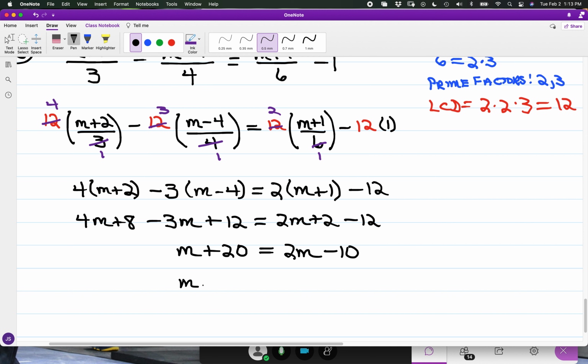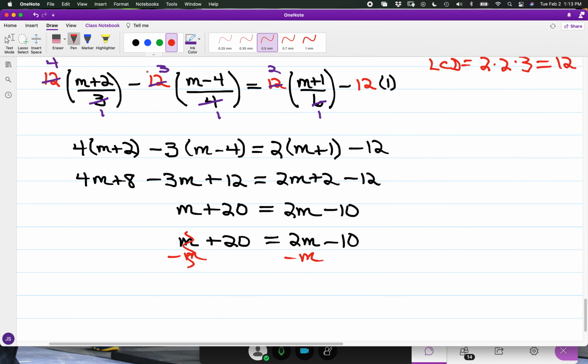So you have like terms on opposite sides here. And what I'm going to do here, I normally like to keep the variable on the left-hand side of the equation. But in this setup, I got the smaller m term on the left, so I'm going to take care of the smaller m term by subtracting. And that is to avoid having to work with negative numbers any more than is necessary. So here we have 20 is equal to 2m minus m becomes m